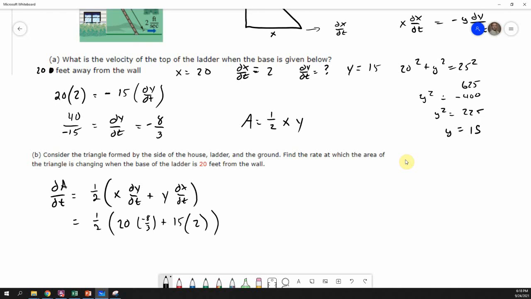negative 35 thirds, right? So that means that the area is going down, right? And then part C